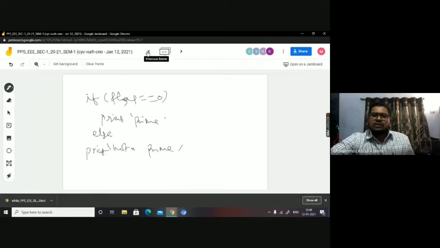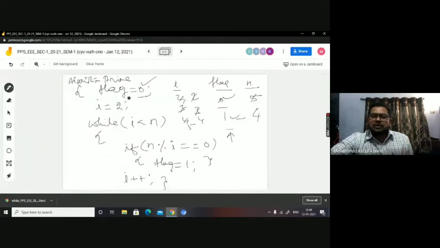So that is the reason why here we need to take a flag. With the help of this flag, we will know when we come out of the loop whether that flag has been changed or not. This flag is going to be changed only if this condition is true. If this condition is true at any point, out of the set of divisions that you perform for all such values, the flag will be changed. Otherwise, it will not be changed. It means it will be 0. So for prime numbers, for all such divisions, this condition is false. Then the flag is going to be 0 itself when you come out of the loop.